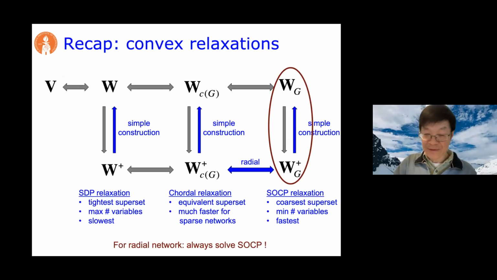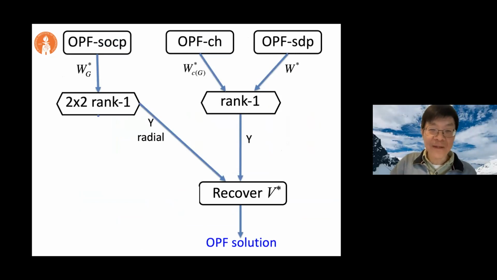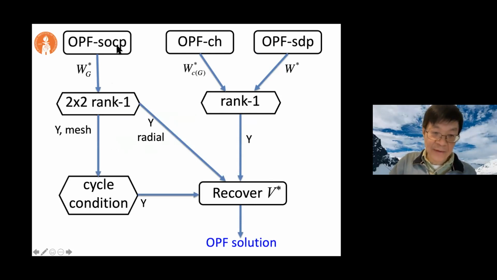You can solve not exactly SOCP, but close to SOCP for a three-phase network. Okay, so that's the summary. You can solve different relaxations. Once you get a solution W star or WCG star or WG star, you check whether the rank condition is satisfied. If the rank condition is satisfied and if the network is radial for this SOCP, then you're done. You can recover optimal solution V star. If you're solving SOCP, but for a meshed network, then you also need to check whether your WG star satisfies the cycle condition. If it does, you're done. Otherwise, we get a solution that won't satisfy the Kirchhoff laws,